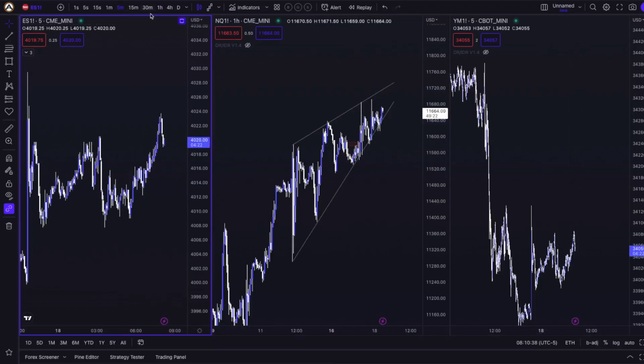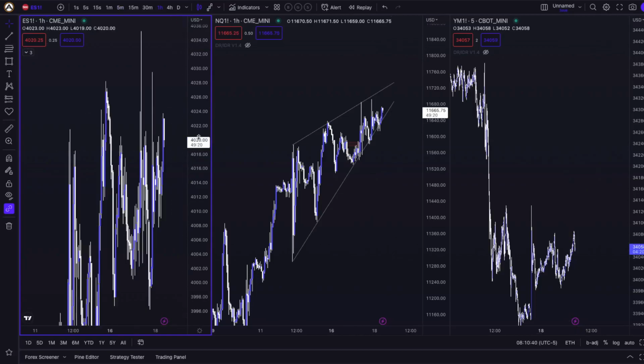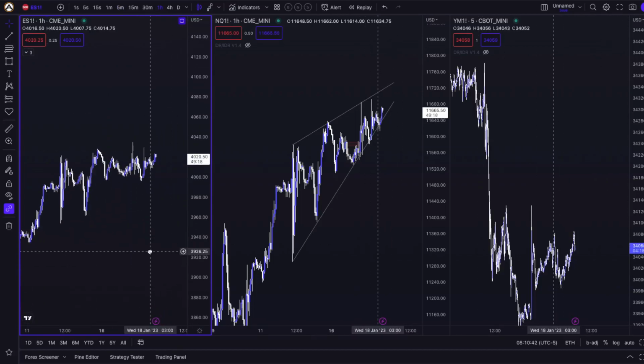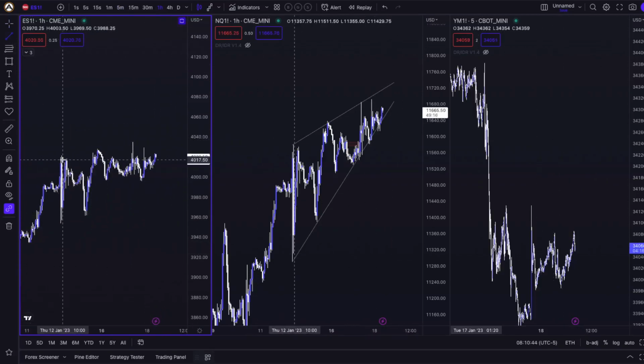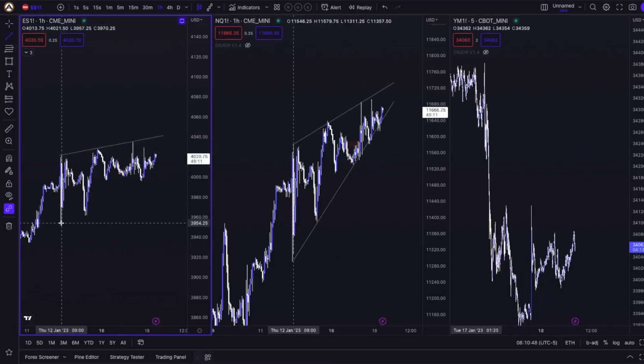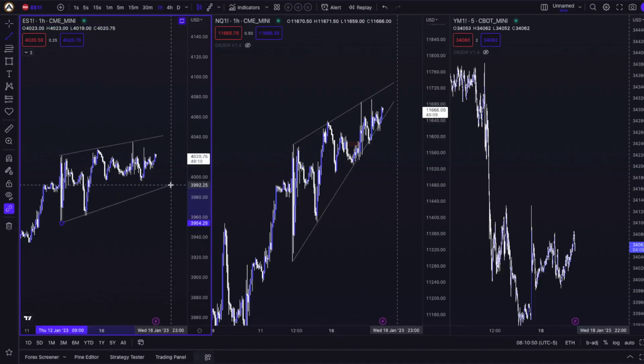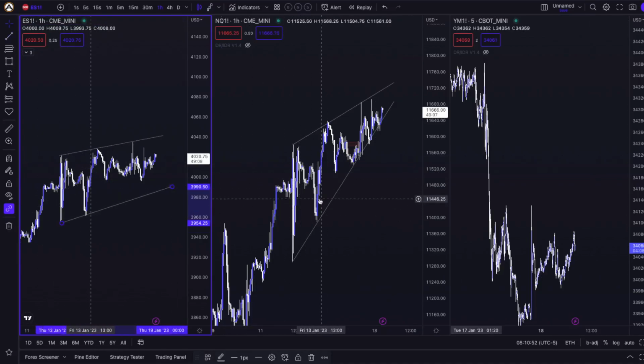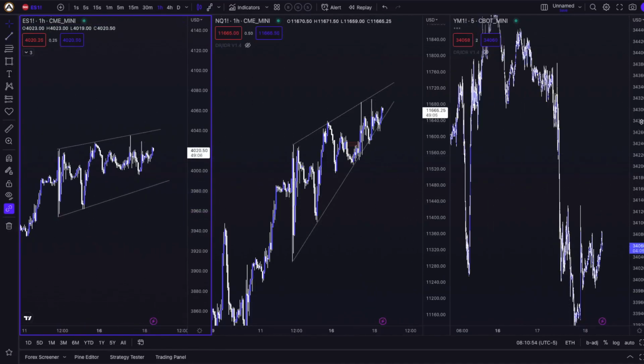If we go over to the S&P 500 chart, we can see something similar. We can also connect the highs pretty much in one straight line. And if we try to connect the lows, it doesn't really work out as well as it does on Nasdaq. But the main difference is